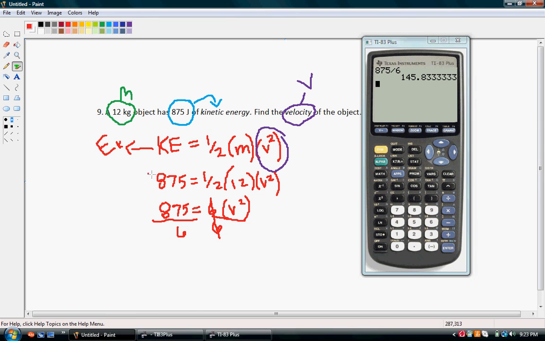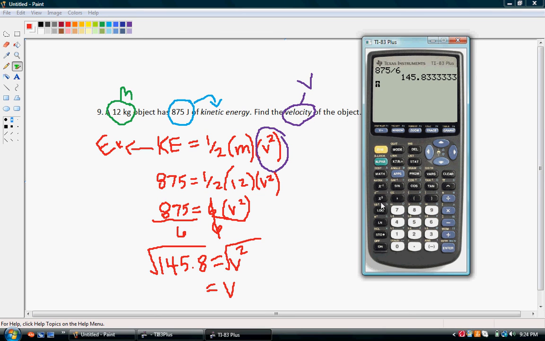So we'll go ahead and write that. 145.8 equals v squared. Are we done? Do we have velocity? Nope, not quite. We have velocity squared. So what we have to do to get velocity by itself is take the square root of both sides, and then we will have velocity equals, let's go ahead and figure that out,